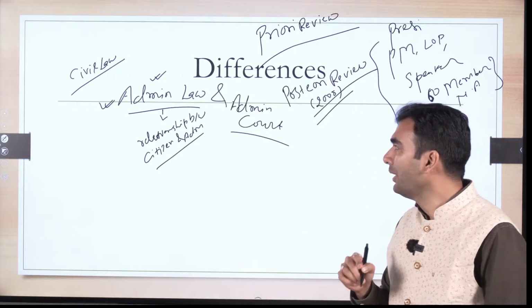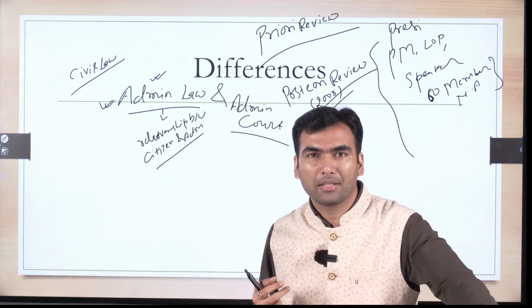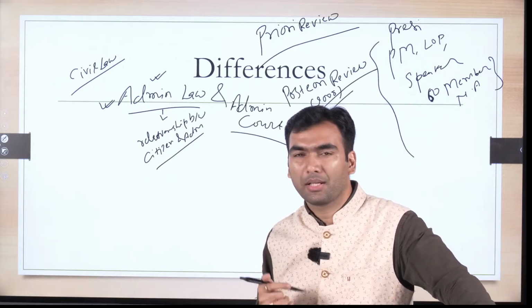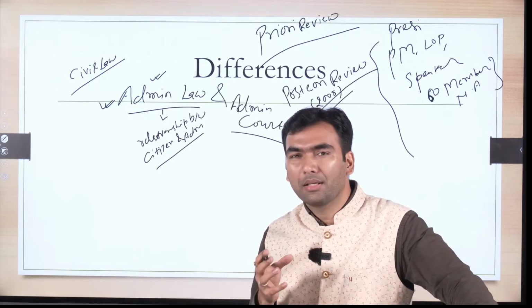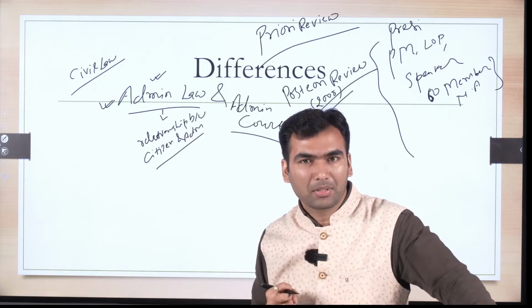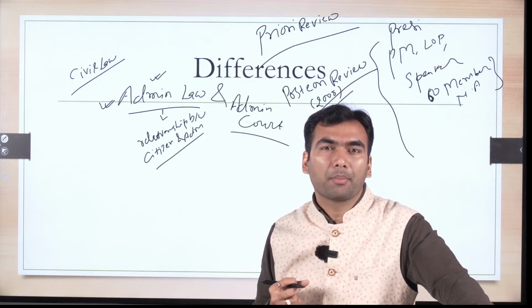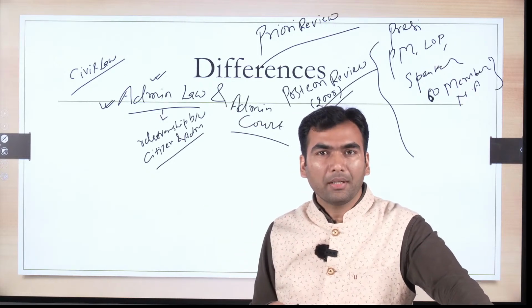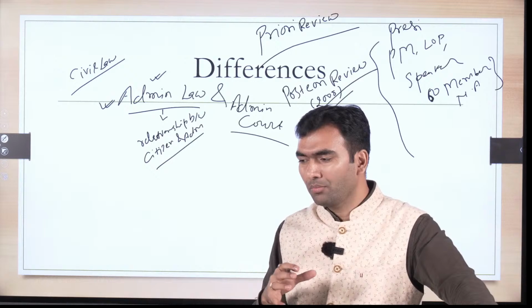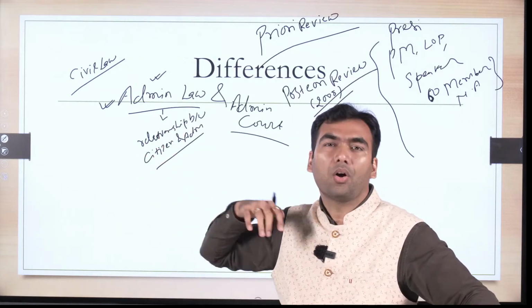Now the next point is that probably this is not much to be worried about, because the relationship between citizens and administration is dealt with by a lot of laws like RTI that have come, dealing with the relationship between citizens and administration in India also. The Right to Services Act has also been passed by various state governments in India. So nowadays most of the countries have these kinds of administrative law, although they're not